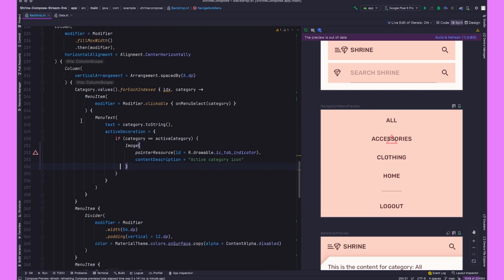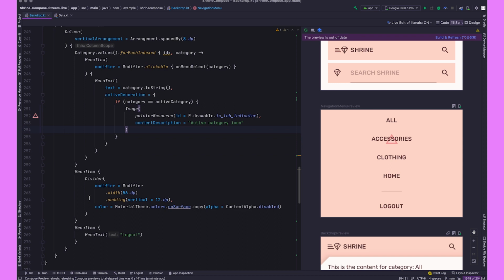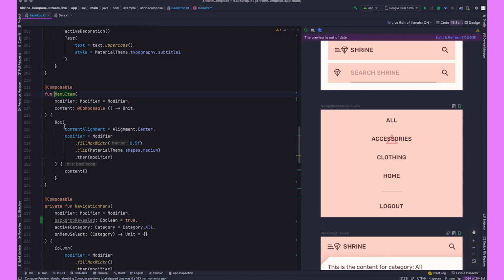So like I said, we have these 4 categories. We have the divider and we have the logout. I've put those things in this menu item composable. And so the menu item composable is a box that fills the max width. It has a nice clip for the shape, and then aligns things to the center, and then it uses a